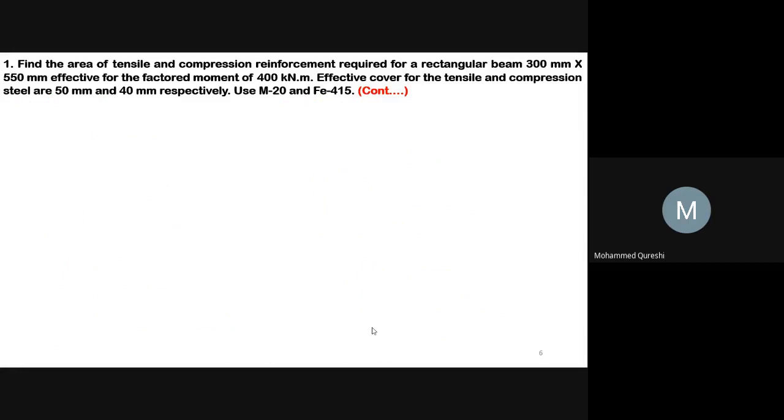Hence, to provide steel or reinforcement, AST we obtained earlier as 2396 mm square, and the value of compression reinforcement as 852.11 mm square. Now, for both these values, we have to use